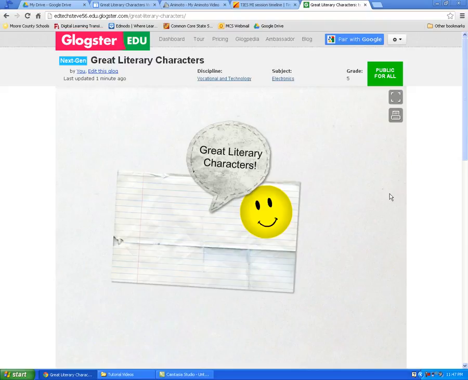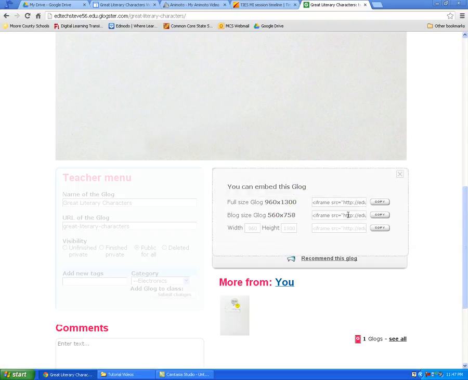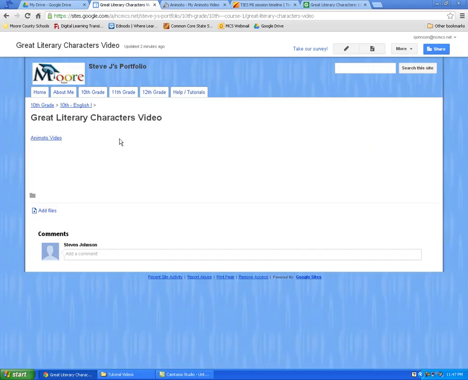So I'm in Glogster now, just a real quick little sample here. And when I click on embed, it's going to come up and give you what's called embed code. And so this is the embed code right here. So I'm just going to copy this code. I'm going to use the smaller version so when it gets on my page, I won't have to scroll back and forth. Click on copy,